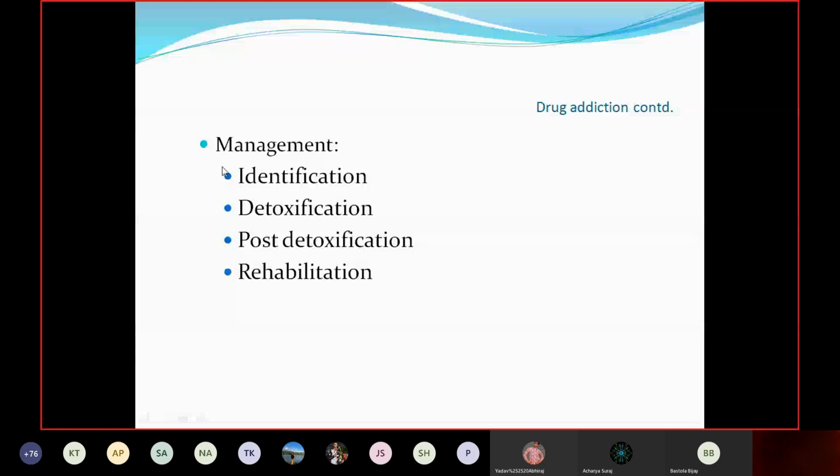A lot of effort is required to identify the drug addicts and to make them realize that he or she is a drug addict. Okay? And next is detoxification. It requires proper hospitalization that the physician does, and post-detoxification it requires many stages of counseling and recounseling and follow-up on the basis of clinical visits and home visits, etc. And the last stage is